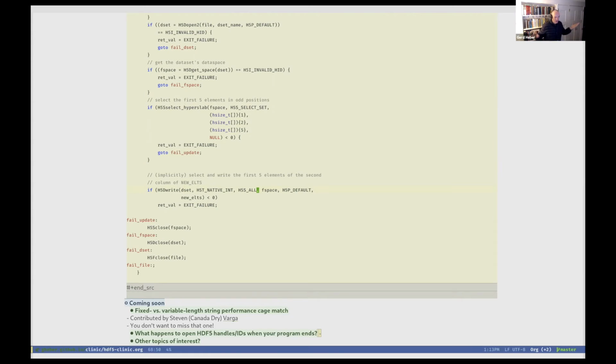Why do I have to define anything? I can just say, it's all good. It's all the same. It's a one-dimensional array. It has 50 elements in memory, and my data set in the file has 50 elements. It's just H5S_ALL, H5S_ALL. So that's when I used H5S_ALL for the first time many years ago. I just had H5S_ALL, and everything was good. Writing that data, reading that data, it all worked beautifully.